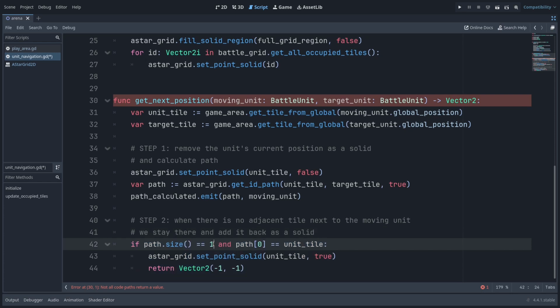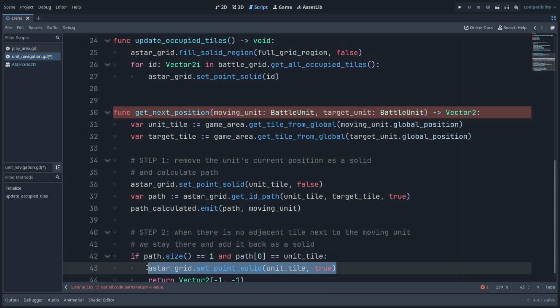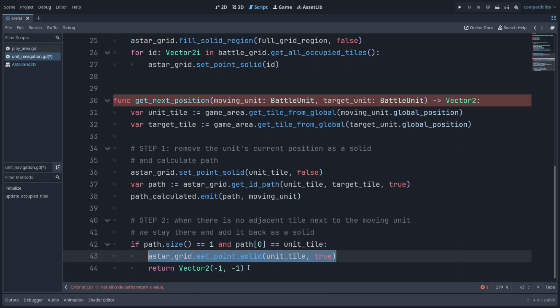So what we do is we check if the array that provides all the points from A to B, from the moving unit to the target, only has one point, and that one point is equal to the tile we are starting the movement from, then we can confidently say that this path is actually empty. So we set it back to an obstacle in the A star grid and return from this method immediately, because we want to provide a valid tile position where we can move the unit to, but